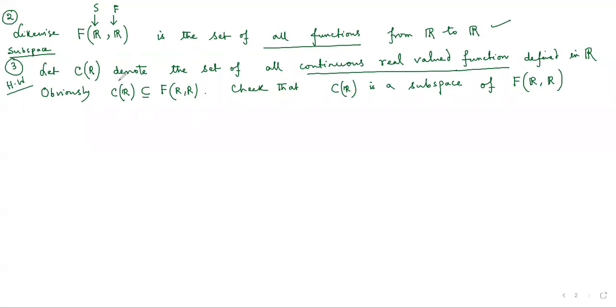Let's come back to our discussion of the inner product space. Here we consider a set, a vector space, which is defined as follows, denoted by this, which is the vector space of continuous